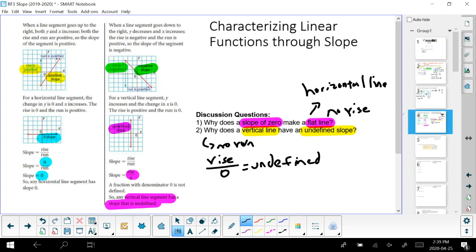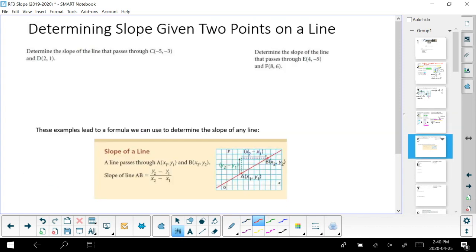Really key point. Make sure that you guys remember these characteristics. Very important when it comes to differentiating between a vertical line and a horizontal line. So far we've been talking about how to figure out a graph when you're given some sort of visual or graphical representation. Now what we're going to work through is seeing what happens if we're only given 2 points on a line. So here it says determine the slope of a line that passes through C, (-5, -3), and D,